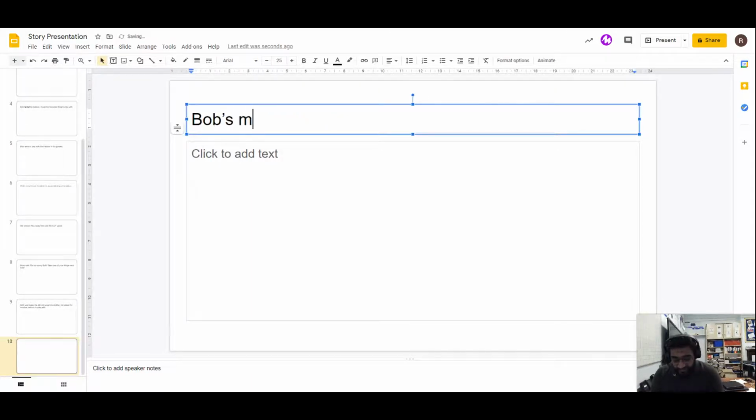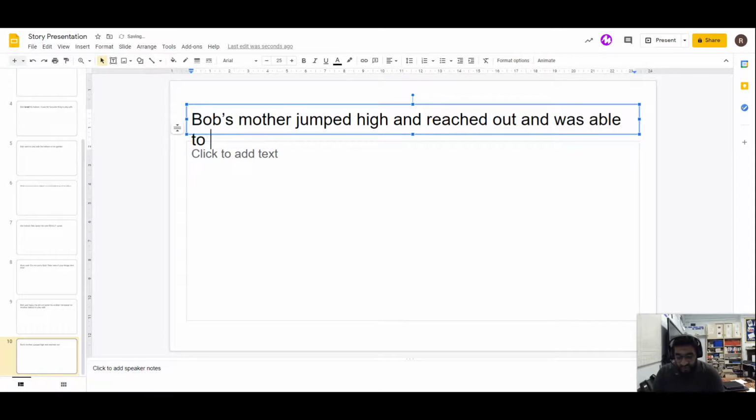Bob's mother jumped high and reached out and was able to grab hold of the bottom of the string attached to the balloon.